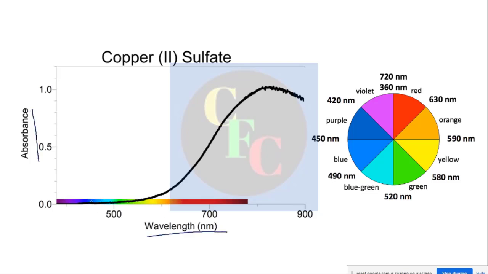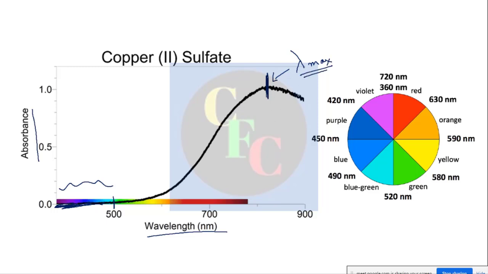Suppose in this region from 0 to nearly 500, the absorption is nearly 0. That means in this region nothing is absorbed. After 500 you start absorbing, and the lambda max, the maximum absorption, is in this region. In a subscript we say it is max. So this is the energy gap.